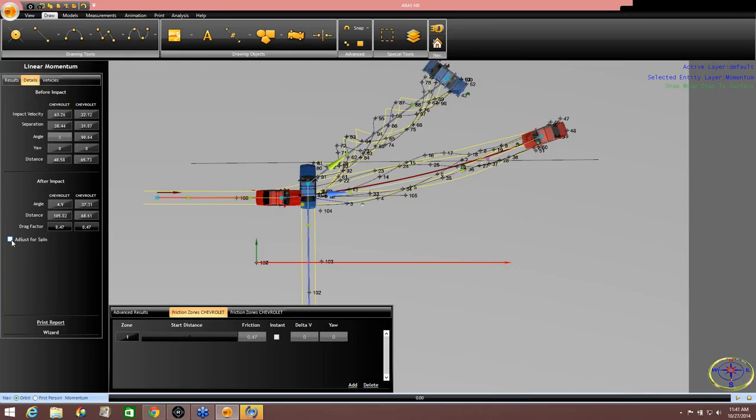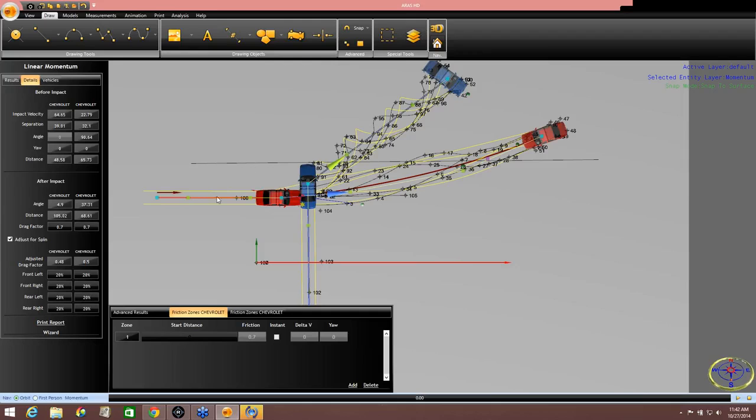If I used adjust for spin, let's go back to the 0.42. This is what I used for this crash, 0.42, and I had roughly 60 and 20. Now, if I said, okay, I'm going to adjust for spin, and I'm going to use the 0.7 ground friction that's out there,